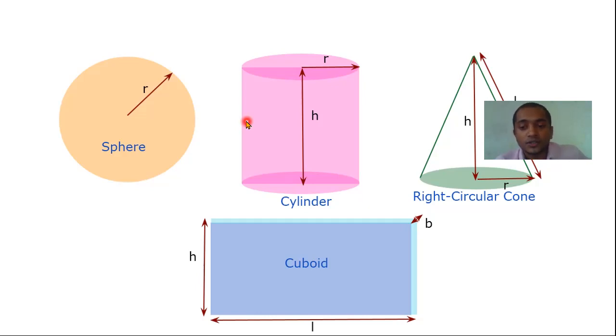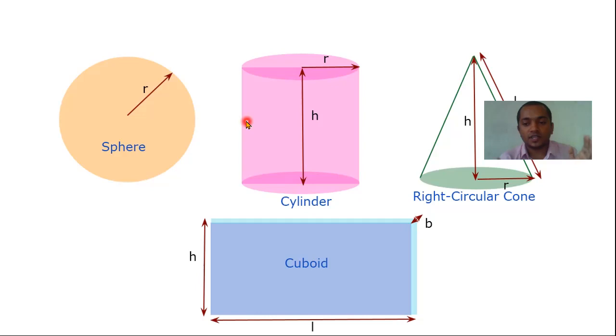Yeah, very good. So the formula for finding out the area of a circle is pi r square. If we just keep on adding pi r square, pi r square, pi r square, and keep on increasing the height, then we can get the volume of a cylinder, and that we can write down as pi r square into h.